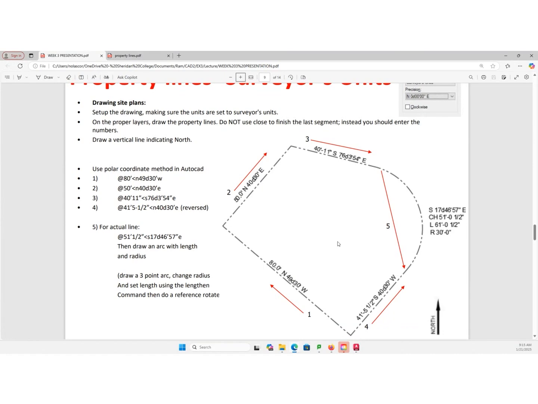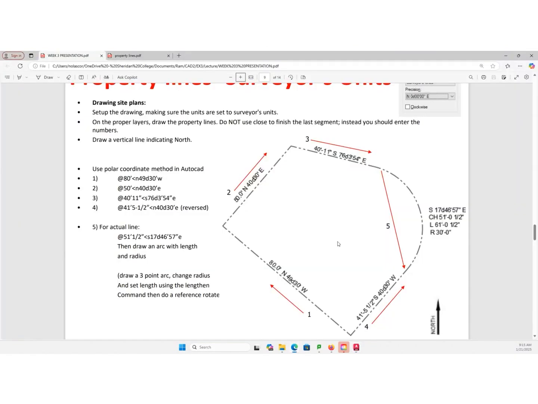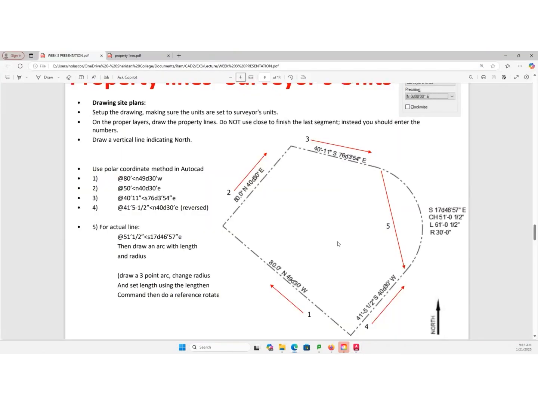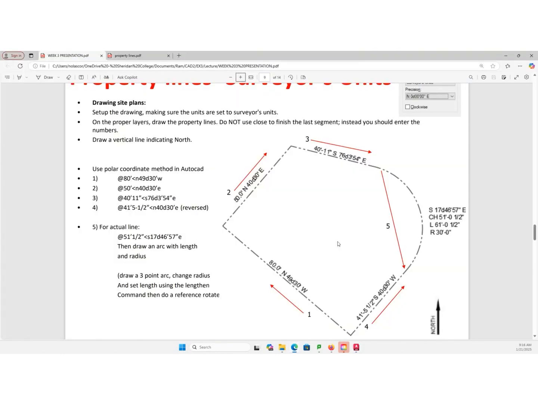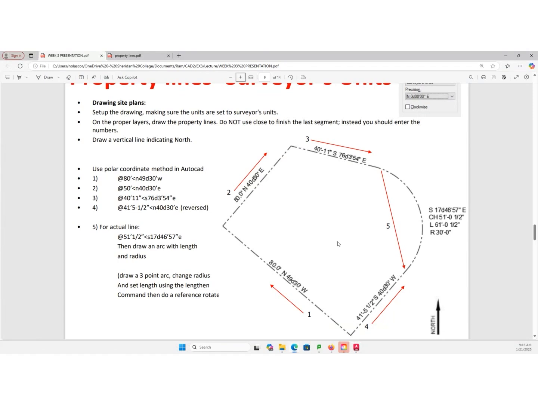Okay, at 41 feet, 5-1/2 inches, less than symbol, north 40 degrees, 30 minutes, east.